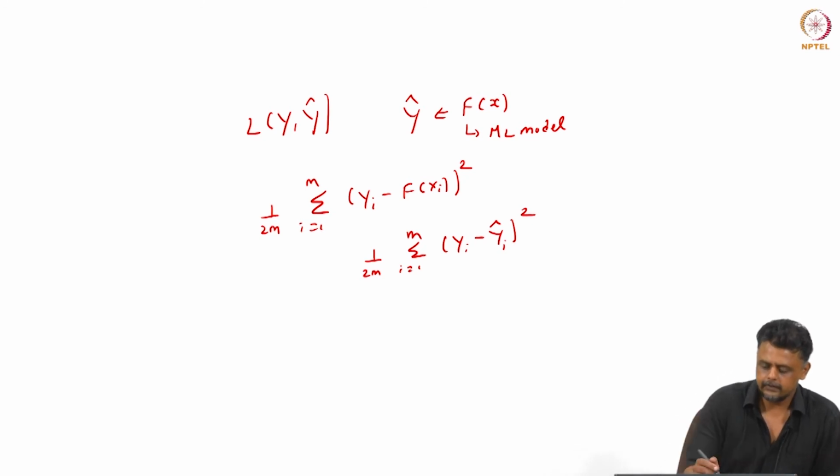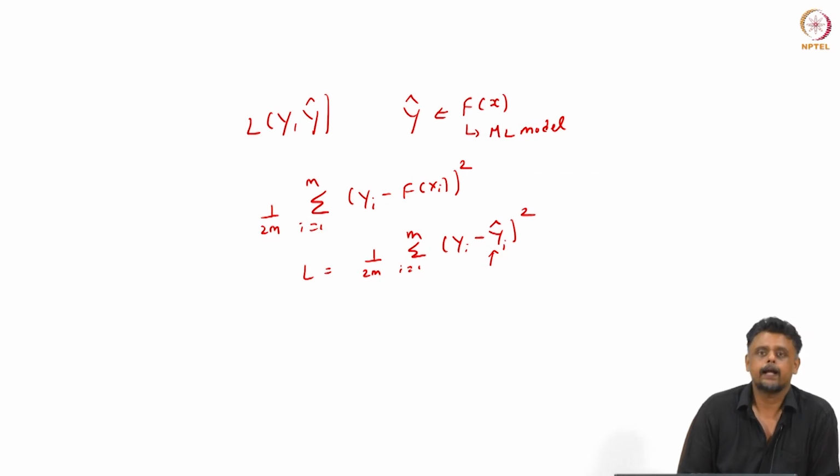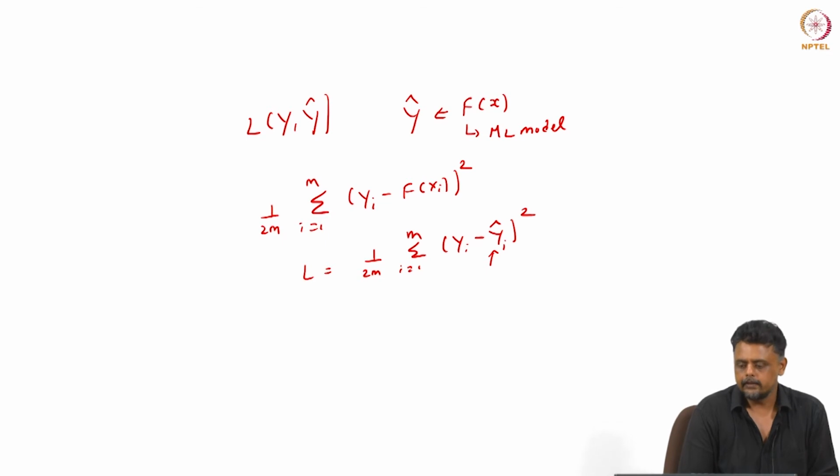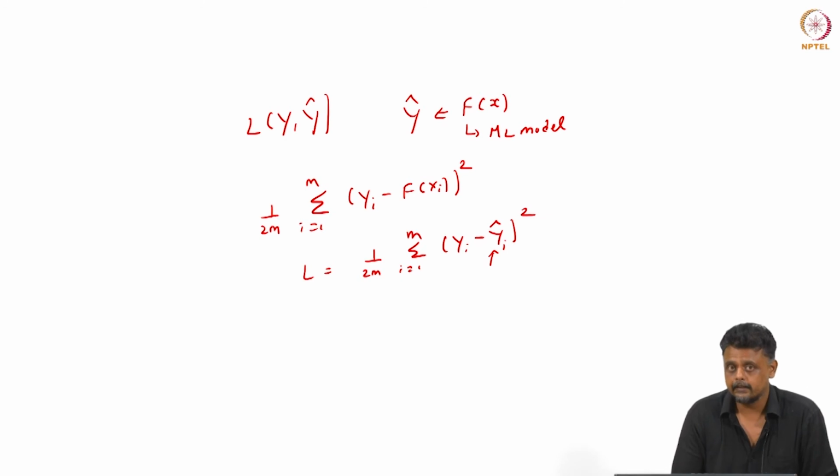If you consider this loss function as a function of these predictions explicitly, L depends on yi hat, your prediction. When we are trying to solve these regression problems, we want to bring yi hat as close to yi as possible. So you can think of yi hat as unknown parameters to be estimated. Given this loss function, and yi hat as the parameter we want to estimate, if you use gradient descent to estimate yi hat, how do we do that?